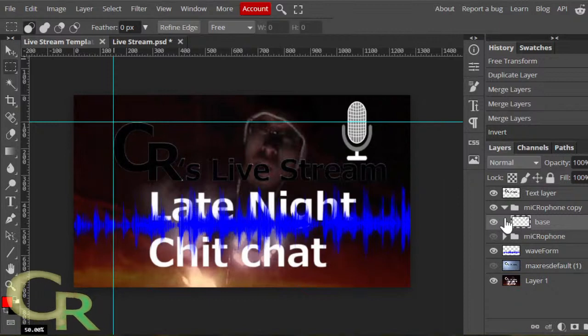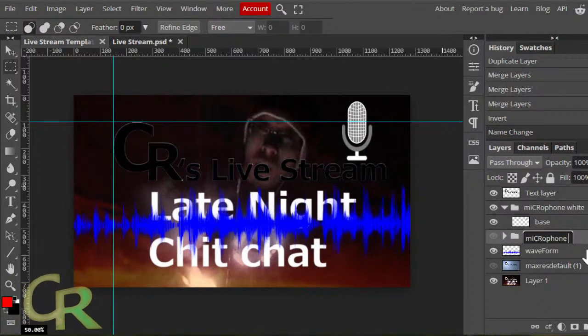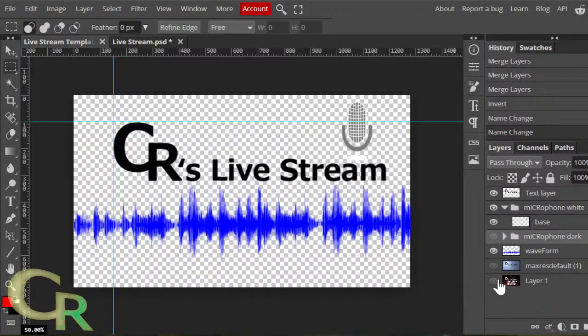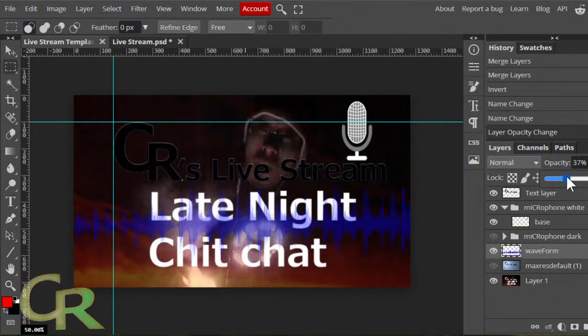I'll keep both of those right there, that way I have both versions of them. And that's easy enough to change the opacity right here. So I want it to be something like that.